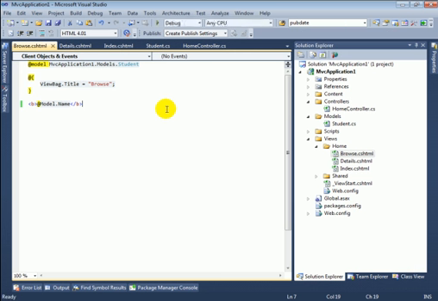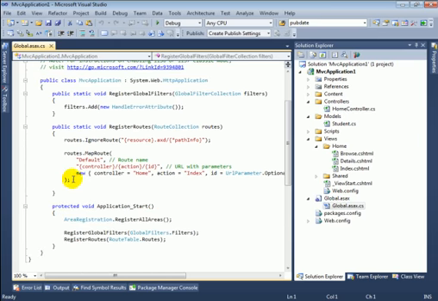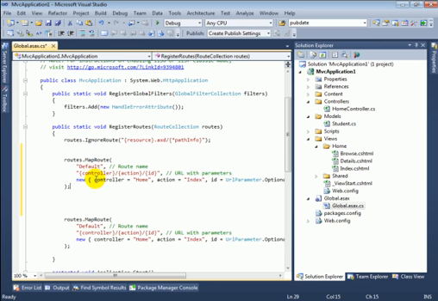Now let's move to learn custom URL routing. For this, open the Global.asax file. Before it, close all the opened files and make some changes here. Copy this and paste it. Let's make some changes here. Route name may be anything, like blogs hosting. Controller name